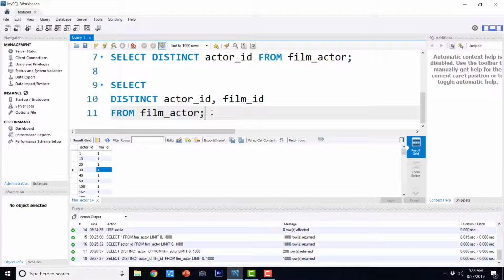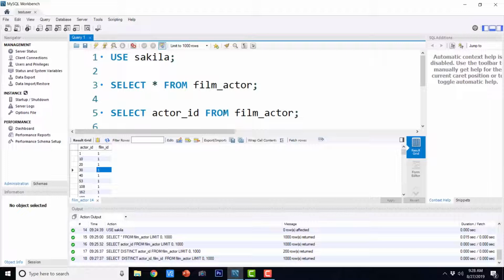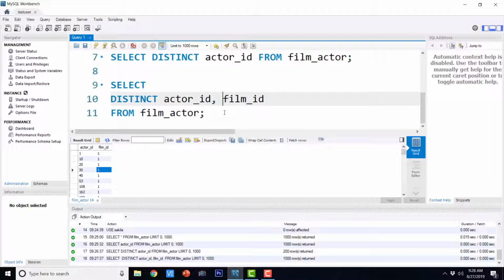So when you use distinct on a single column, it gives you the list of distinct values or the list of unique values in that particular column. And whenever you use distinct on a combination of columns, it is going to return you the distinct combination of values in both the columns. And also, if there are null values in any one of the columns involved in the distinct clause, then those null values will also be treated as distinct values and those will be shown here. So this is how we can use the distinct keyword to see the unique values in a data set.